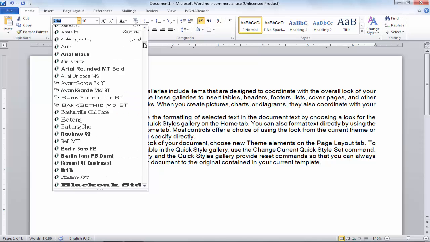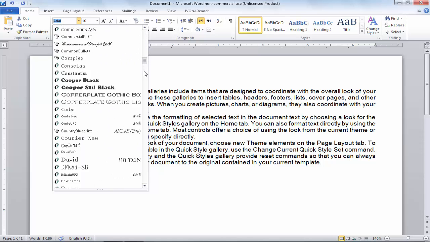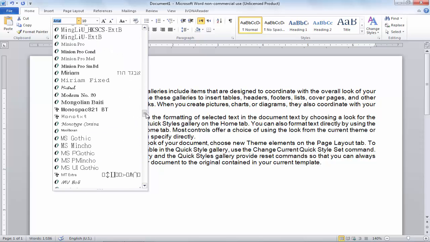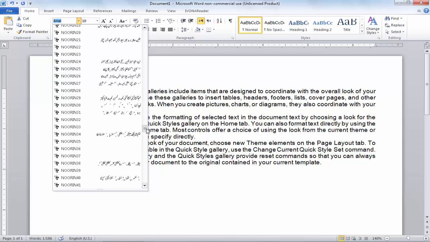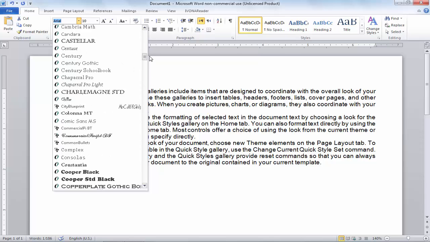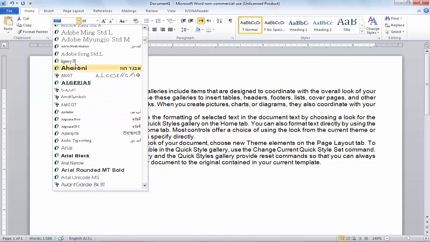That means all of those fonts which you have installed in your PC, you can use here. But if you want to add some new fonts, simply you will need to install the new fonts which you want in your computer. Then close MS Word and open MS Word again, and your fonts will automatically be listed in this list. So for example I want to use something like that,